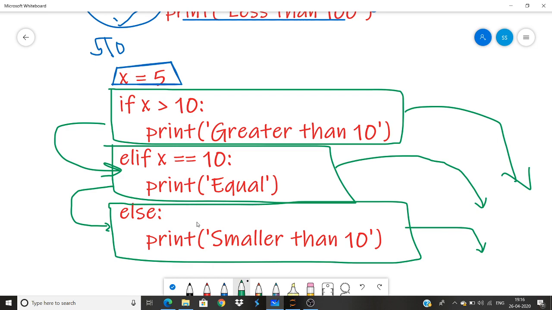So in case we wanted to check if a number is greater than 0, equal to, and smaller than 10, instead of writing continuous if this else this, that is where elif comes into the picture, and you can see this is a multi-way decision that we are taking. And that is why it is known as multi-way decision.